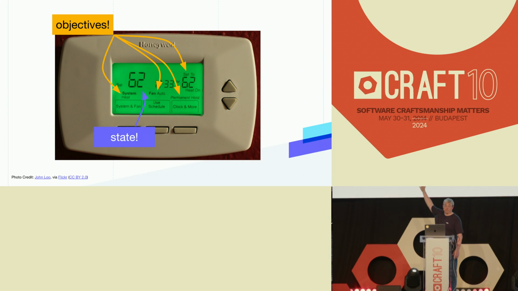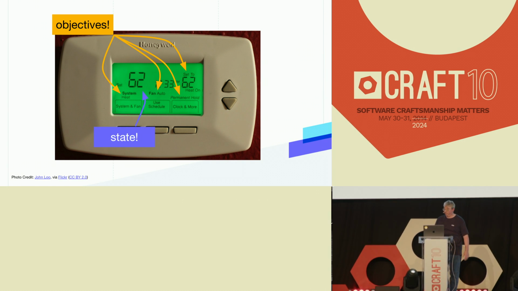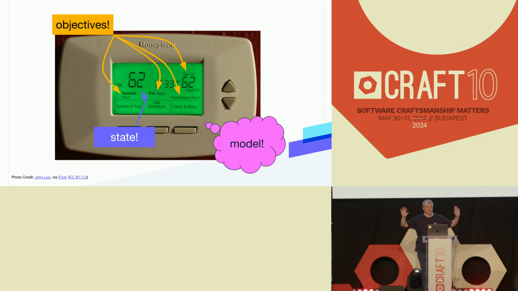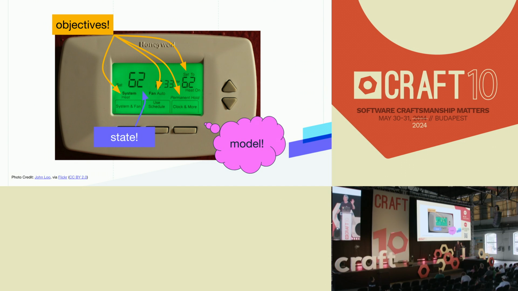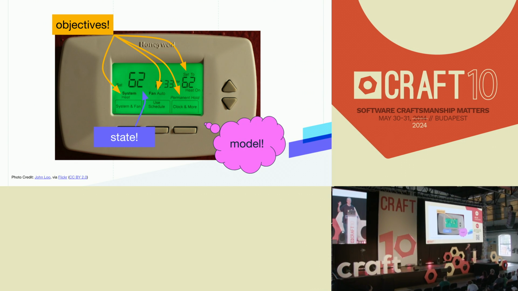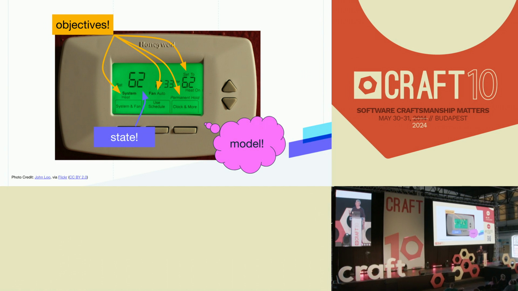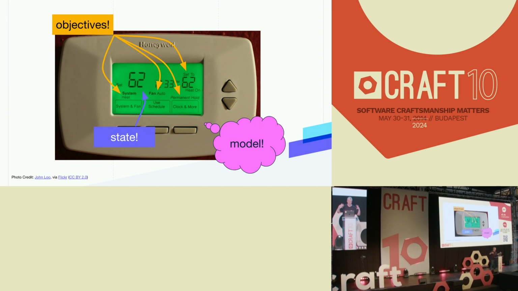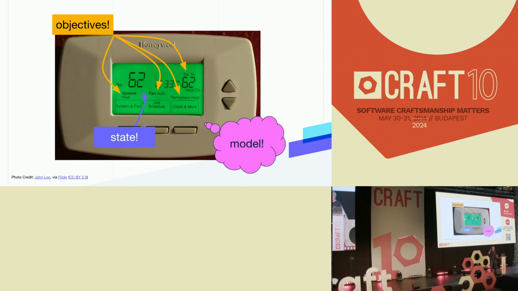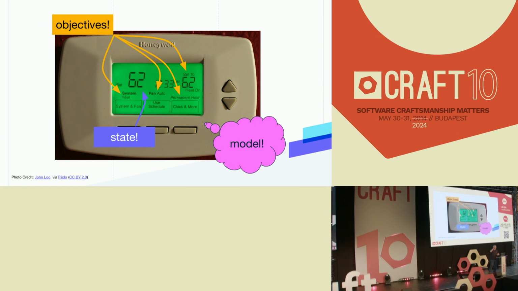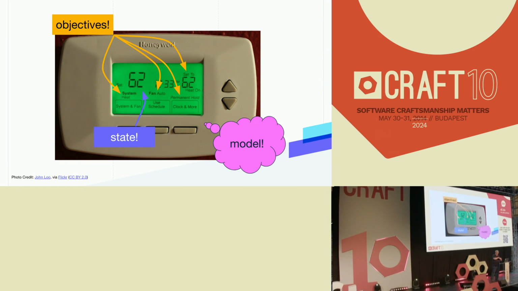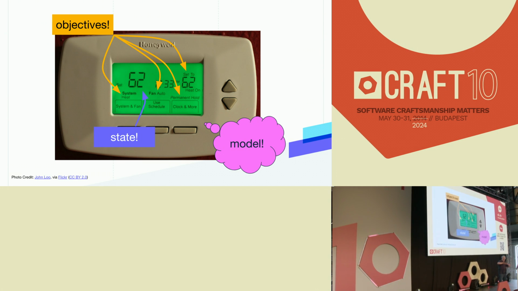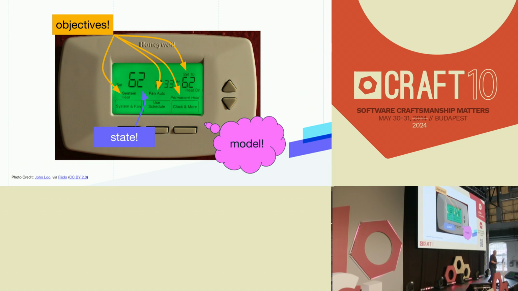There's obviously state, right? What temperature is it actually in the room? There's a model in here, and at the very least, in the case of a thermostat, it says if it is too cold, run the furnace or whatever the heating element is. Now, it turns out even not-smart thermostats like this have a slightly more sophisticated model, because you generally don't want to run heating elements intermittently. It's more efficient if you wait for the temperature to drop a few degrees and then run it continuously to bring it up. And so they have models for how to do that properly.